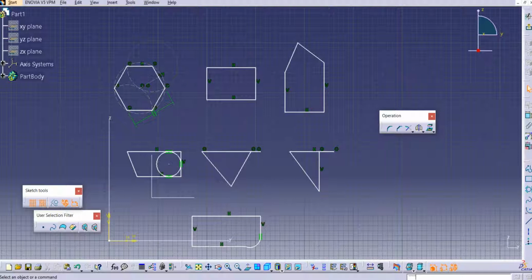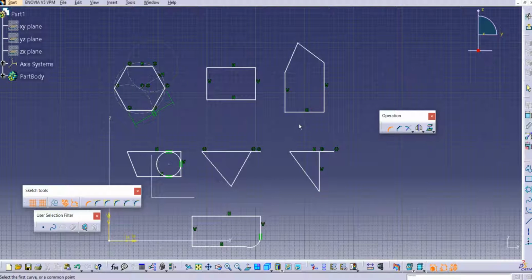And in this tutorial, we will discuss the operation toolbar commands. We have already seen the profile toolbar commands in an earlier tutorial. So let's discuss. The first command over here is the corner command. The second is the chamfer, and the third one is the trim. There are different types of trims available here. The second is the break command, then the quick trim, the close arc, and the complement. So we'll see these three commands over here. So let's discuss the corner command.